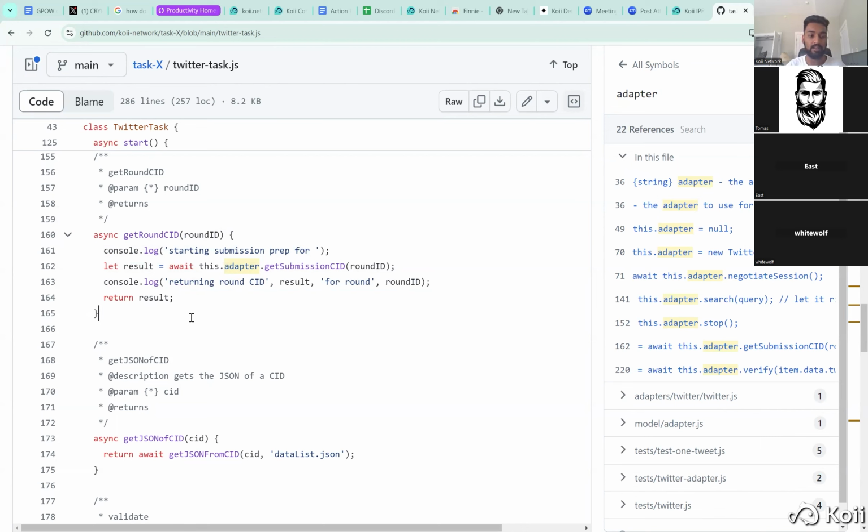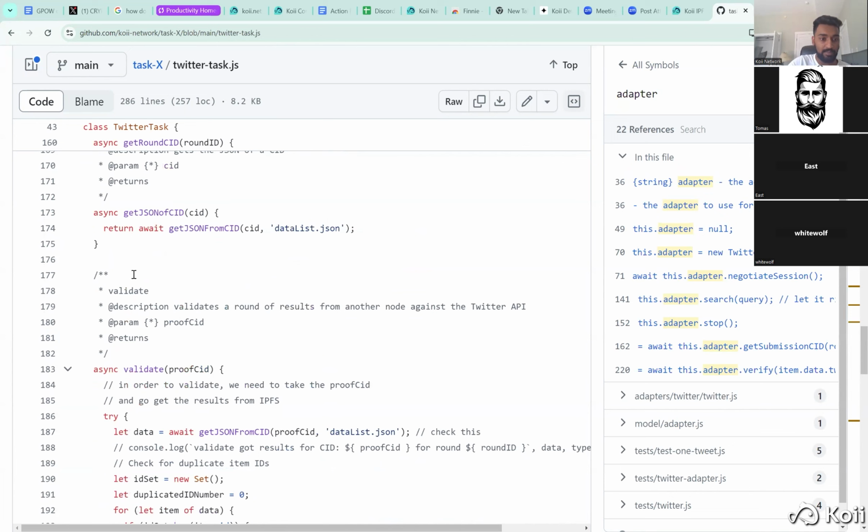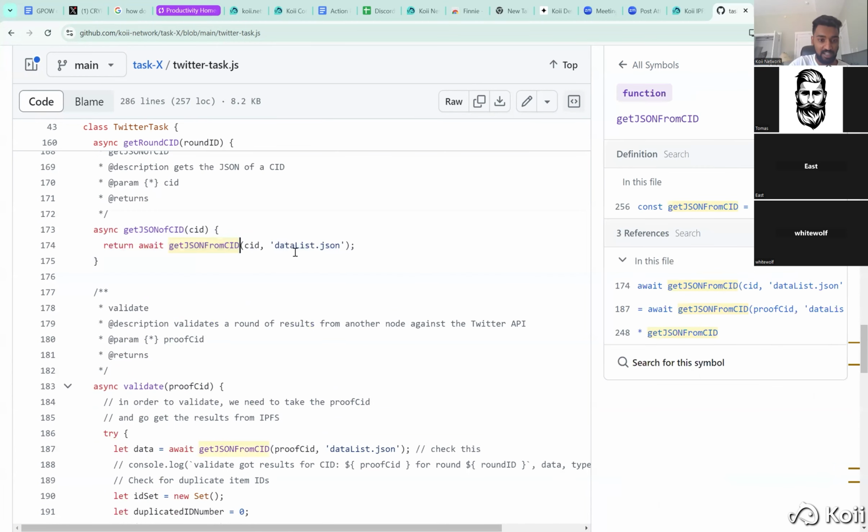You can generate the CID based off a round ID every time, and that way you have something very consistent to work with. So that's really nice. Get JSON of CID is basically just CID and converting from the JSON data